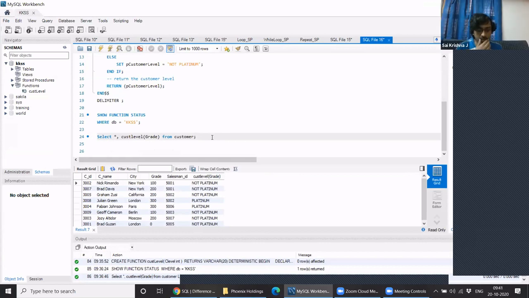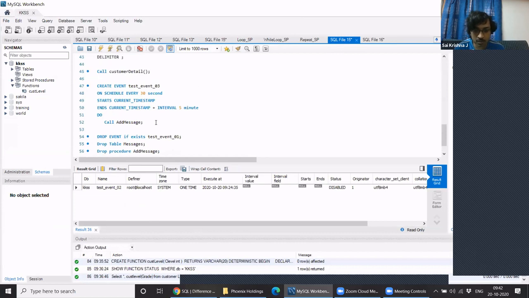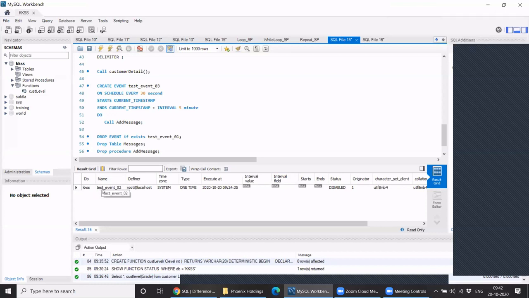Swapnil, just one point. A while back we were talking about the scheduled runs of the stored procedure, right? So basically it's showing what stored procedures are currently scheduled to run, right? This table shows what all events are there in the system. It may be that this is disabled, so it has already run.